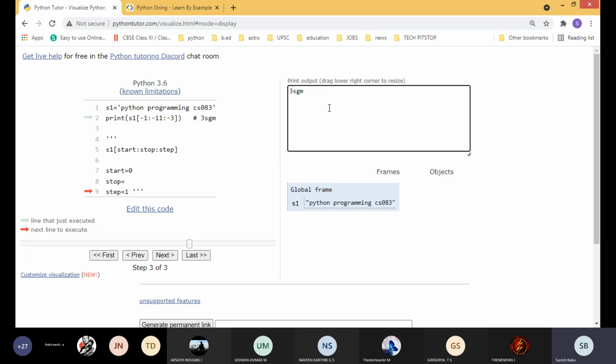Slice operator means simply a square bracket, inside we have to mention start value, stop value, step value separated by colon. Okay, this is the slice operator, and you should know the default value for the start, stop, and step. Okay, students understood?